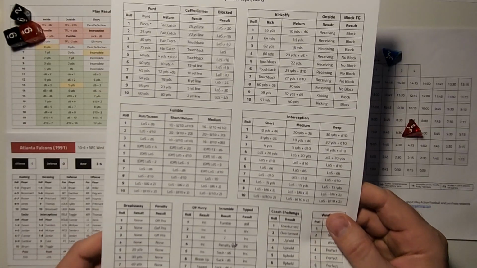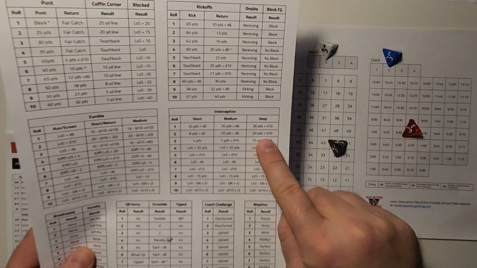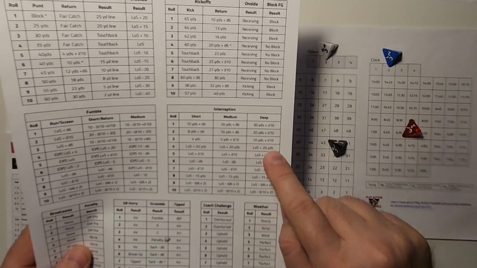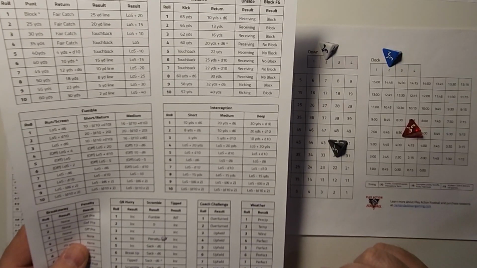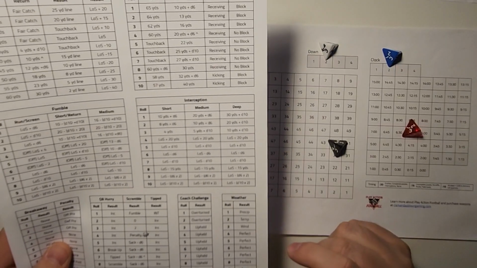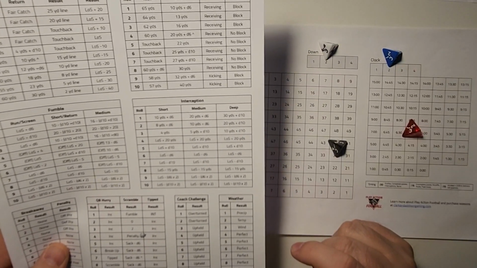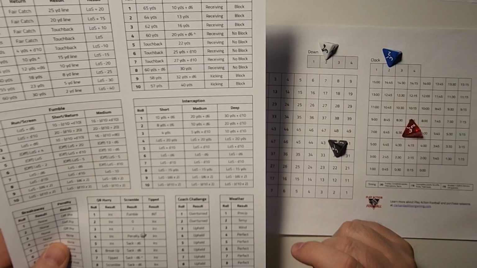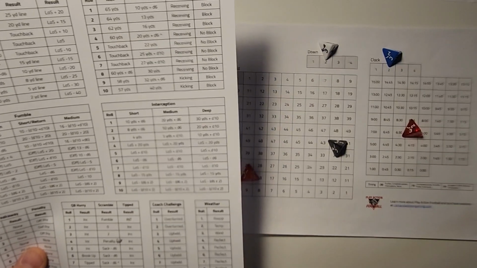Let's see, on a deep ball, we have a 2, so 20 yards plus a D10. 20 yards plus a D10. I think that should be